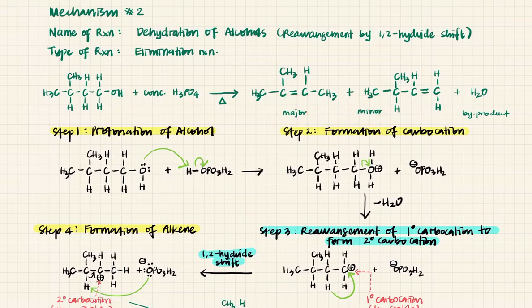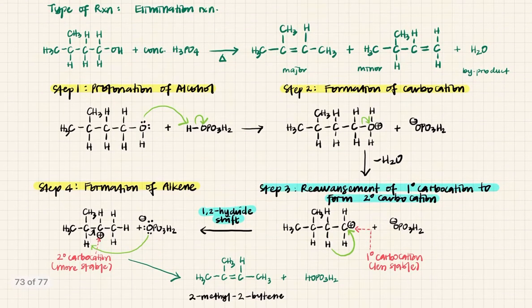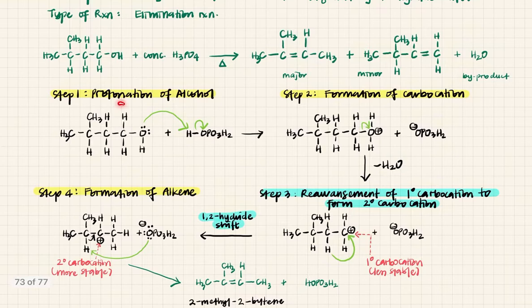apa ni, you remove lah. You have carbon double bond between these two carbons, the first and second. Okay. Alright. And a byproduct. So, bila awak dapat, when you get major product and minor product, there's a possibility that you have to do rearrangement, guys. Alright. So, we will see that the steps are just the same, that ada protonation of alcohol,